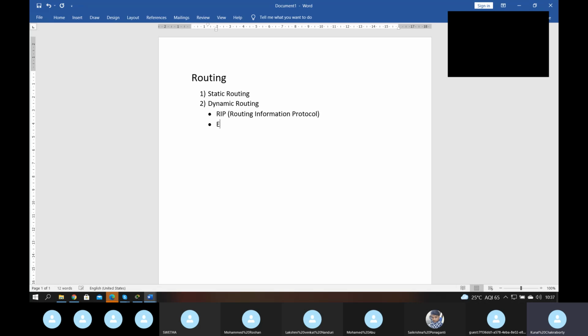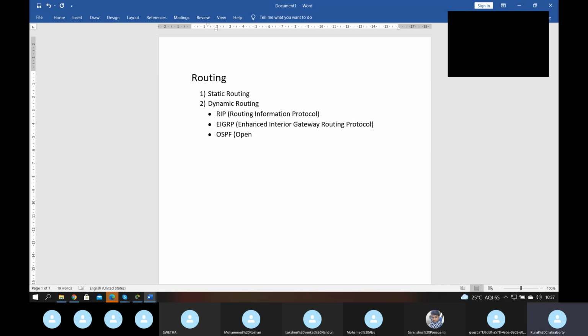Second, EIGRP, that means Enhanced Interior Gateway Routing Protocol. The third is OSPF, Open Shortest Path First. For example, if I give where it is used: Google Maps.